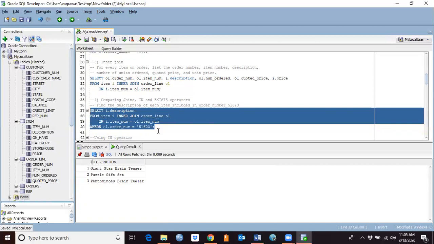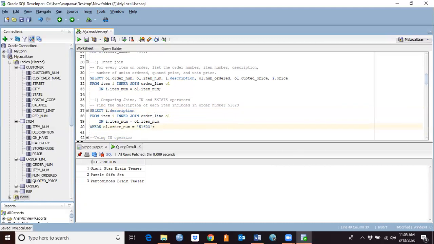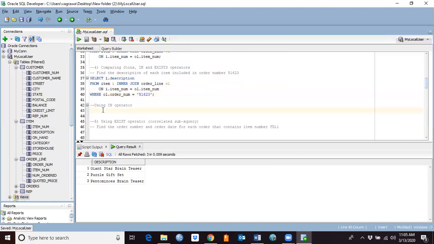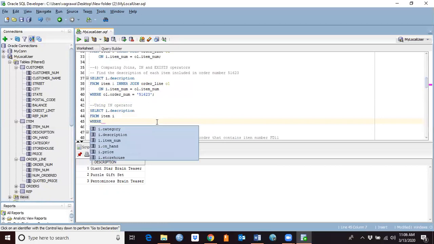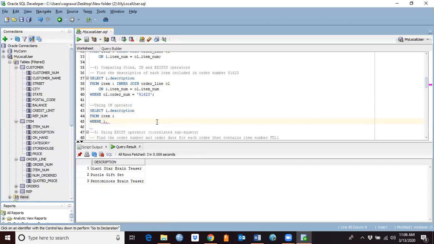Okay, so let's see how we can do that using the in operator here. We're going to say, just the one, I want to select this one, where I will say I dot item underscore number. I'm going to use the in operator and put a subquery here. I will say select item number from order underscore line,